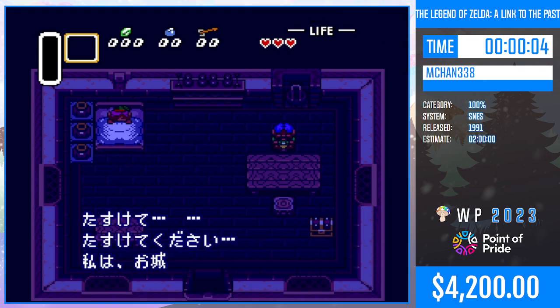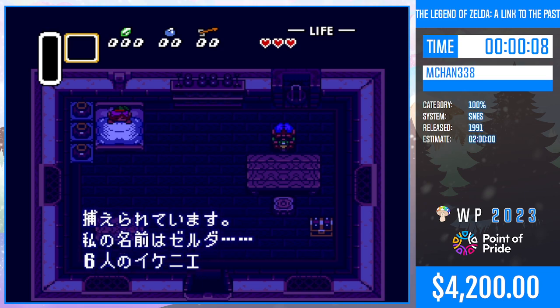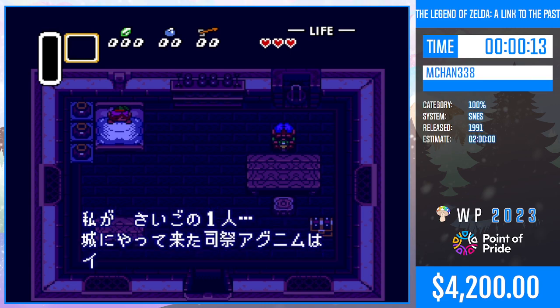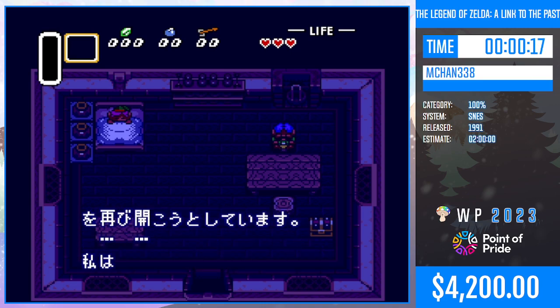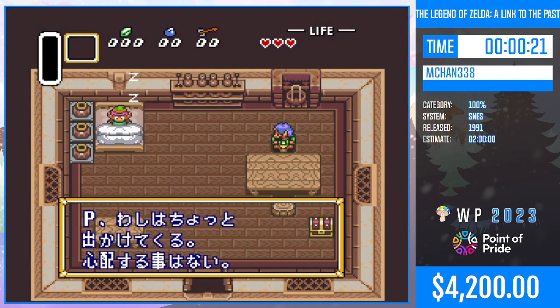Alright, so this is The Legend of Zelda: A Link to the Past for the Super Nintendo Entertainment System. This is the third Zelda game in the Zelda series, and the category that I am running is 100%. So in 100%, I have to get all the heart pieces, all the heart containers, I have to beat all the dungeons, I have to get all the items,